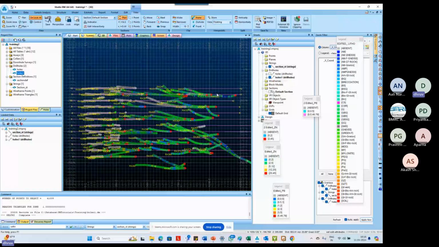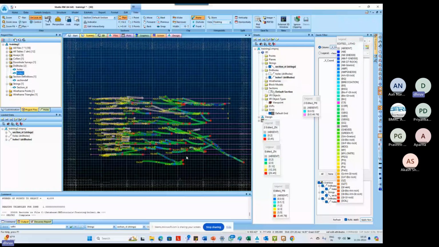So the basic process of correlation is you should not be starting with one end. The basic rule of thumb is you start understanding the system where there is maximum drill holes, ideally from the center of the area, and then go